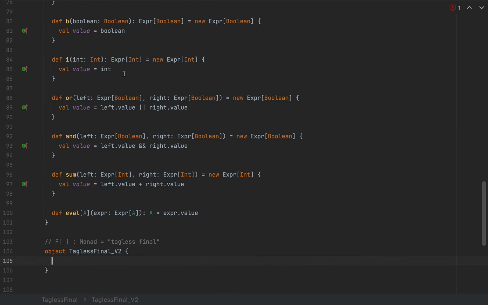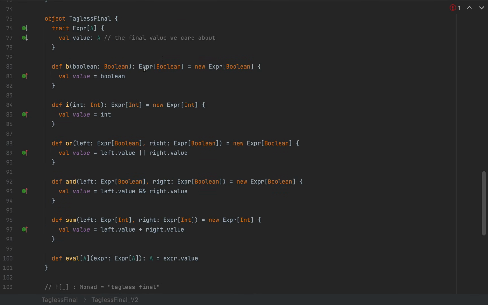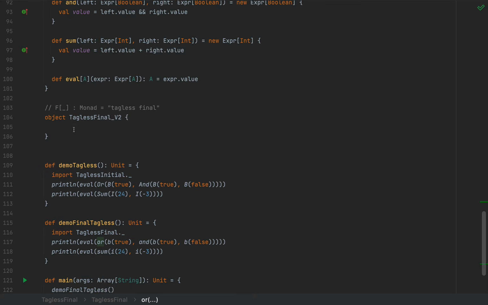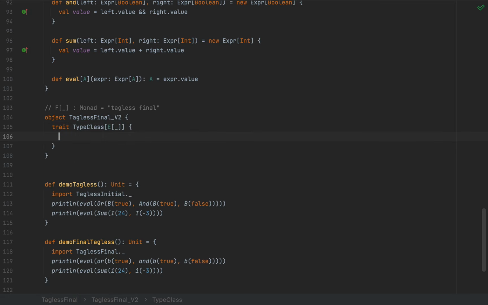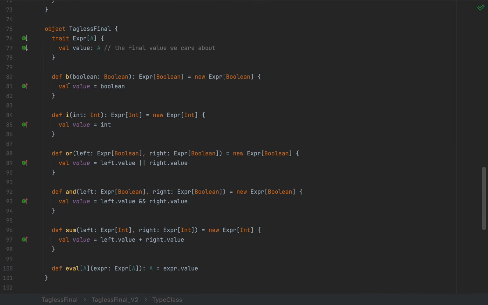where the creation, or rather the logic of the expressions, creating a Boolean expression, all these operators, are grouped together under a simple type class. I'm going to define that as my type class, and I'm going to define that in terms of a higher kind of type E for expression. And the type class will contain all of these operators, and the type class has the capability of creating expressions